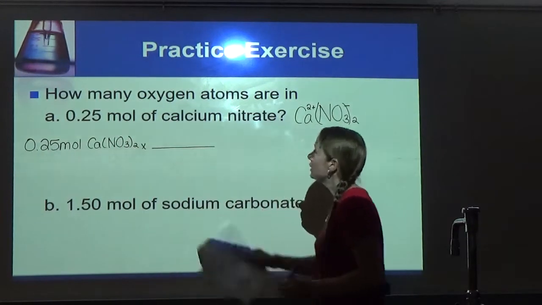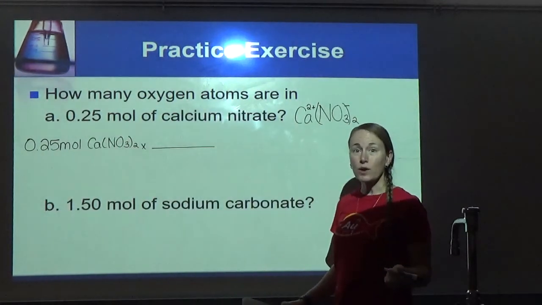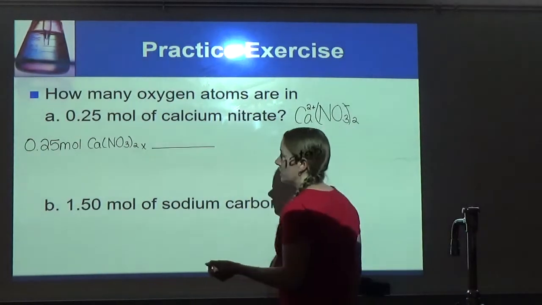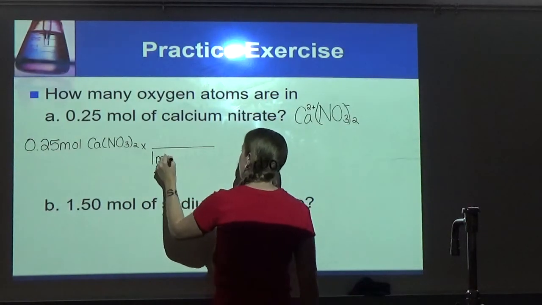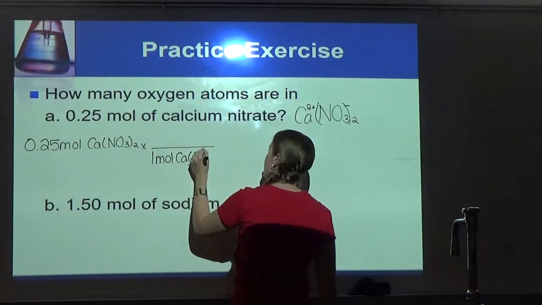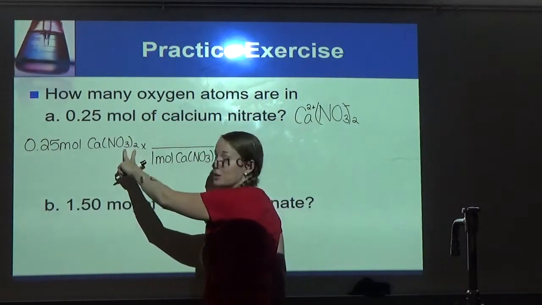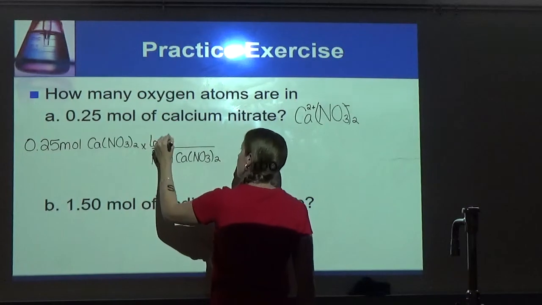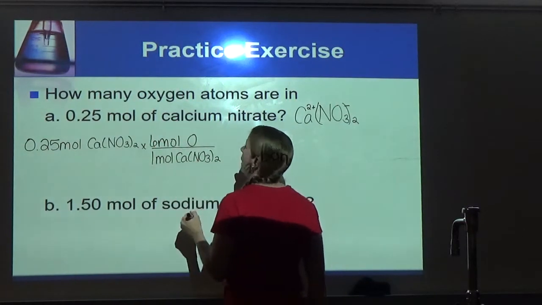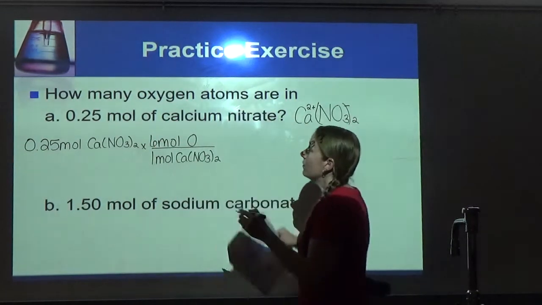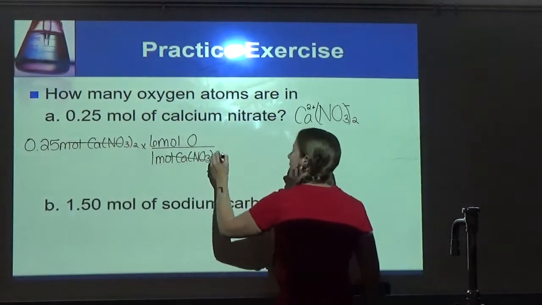But we're trying to get to oxygen atoms. We're not worried about the calcium or the nitrogen. Okay, so I can see 1 mole of calcium nitrate is how many oxygens? Remember, we multiply, don't add. 6 moles of oxygen. Alright, so we're looking for atoms though, not moles, so I need to do that last